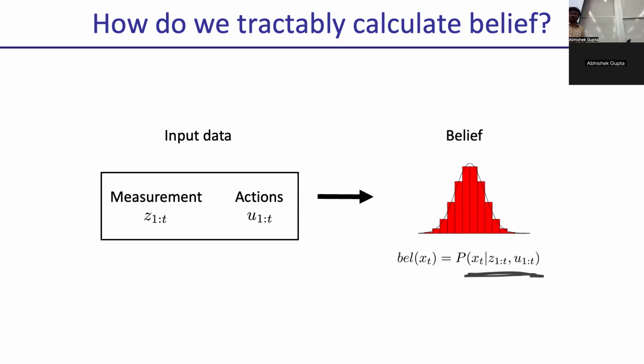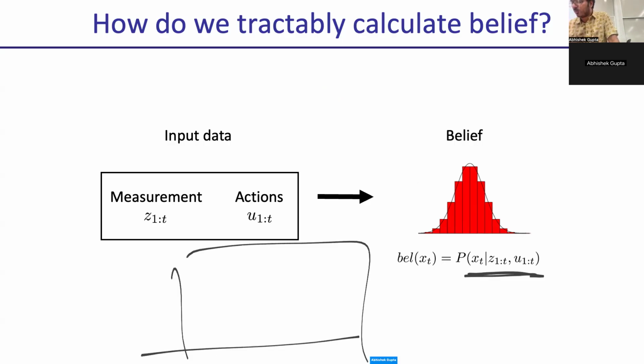The challenge is that you need a distribution to be expressive enough. For instance, if you just had a Gaussian, and you had uncertainty about whether the robot is here or here, a Gaussian is going to struggle to represent it. So often you don't want to just stick with the Gaussian because it will struggle to represent multimodal uncertainty. But if you had, for instance, a discrete distribution, like let's say you had bins,